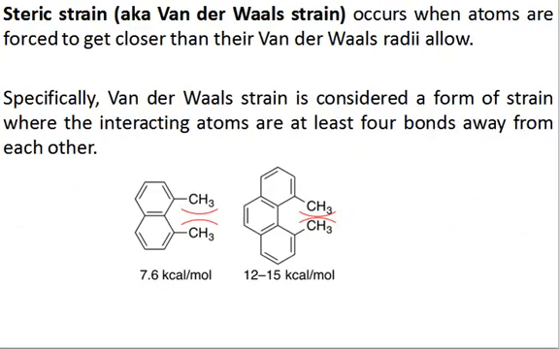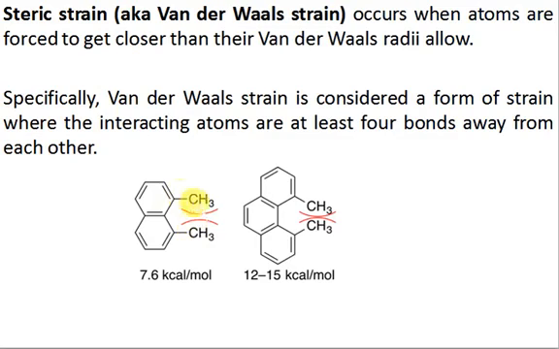Now we have the next type of strain, which is known as the steric strain. Steric strain, also known as van der Waals strain, occurs when atoms are forced to get closer than their van der Waals radii allow, right? You know that atoms come closer together to form a bond, but if the atoms come too close, then they try to repel each other. Now we are considering atoms which are not bonded together, right? The atoms must be at least 4 bonds away from each other, and they are closer to each other in